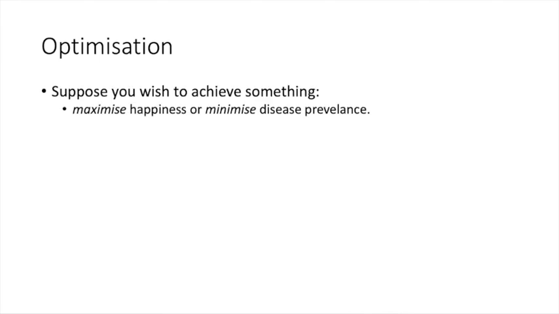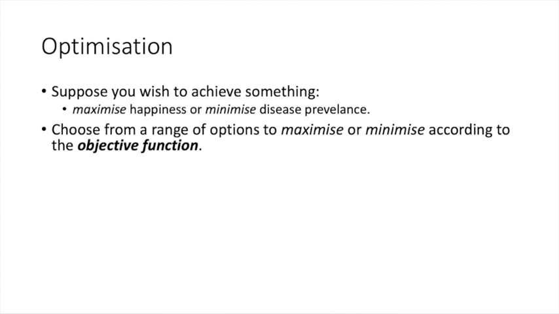So optimization is about making the most of something. Suppose you wish to achieve something in life. Say you want to maximize your happiness, or say you want to minimize the disease prevalence in the world. The words like maximize and minimize indicate that you can try your best, but the results may be limited by the range of possibilities in front of you. So exploring the range of possibilities is the core of optimization, and we shall return to it several times during